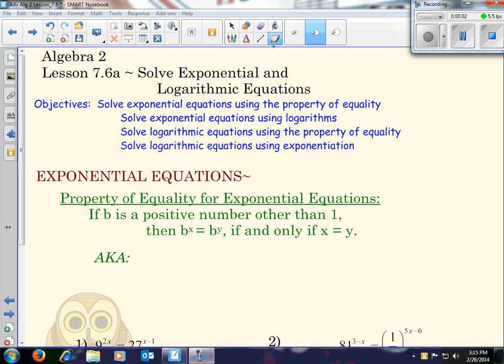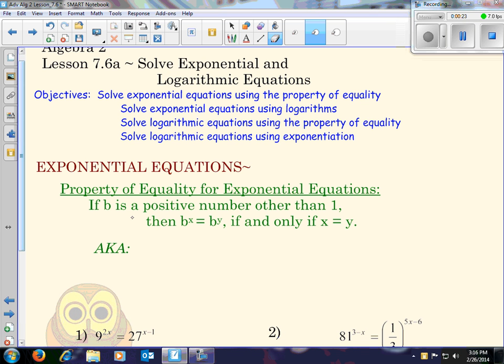Alright, let's get started on section 7.6a, solve exponential and logarithmic equations. The first thing we're going to do is talk about exponential equations. The property of equality for exponential equations says, if b is a positive number other than 1, then b to the x equals b to the y if and only if x equals y, also known as,